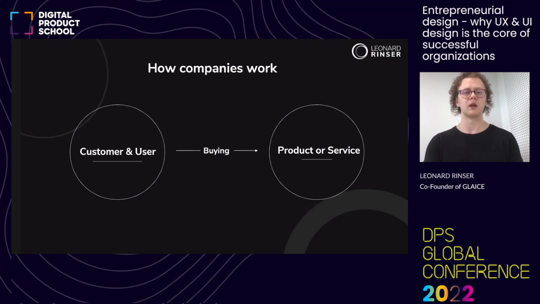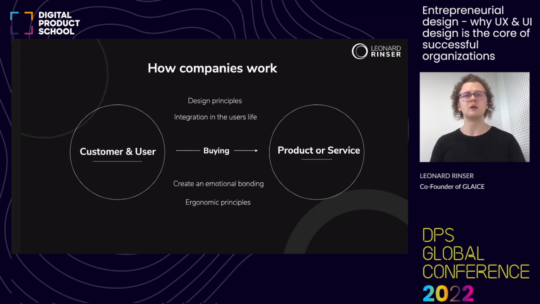Otherwise, it won't work. And how do you convince people to buy things? Because you create an emotional bonding and they think, oh, it's amazing to have the new iPhone, because if I have the new iPhone, I'm one of those people who are thinking forward, who are futuristic oriented. Or it's easy, you need to make it easy to integrate a product into their life. And you do this by providing ergonomic principles. So how does it feel? And the design principles to make clear to people how to use it